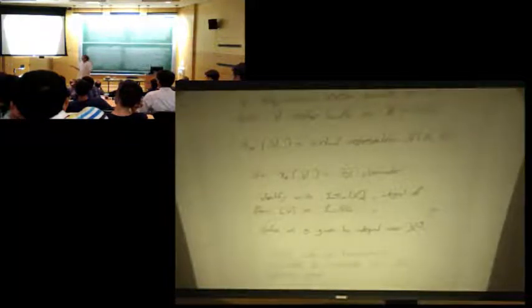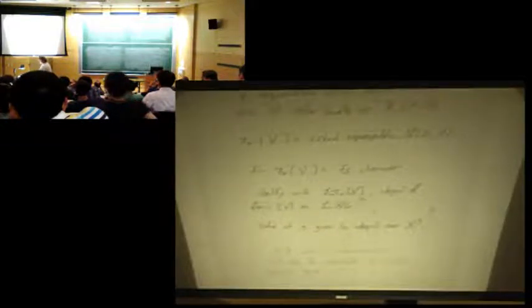You need the map to be proper. So you need X to be proper. That's what tells you X mod G is proper over point mod G. So say X is projective. But you don't need any kind of transversality or isolated fixed points. This works in families, for orbifolds, for affine algebraic groups, and so on. OK, so you get a version of a Thom-Bott very easily from this formalism.